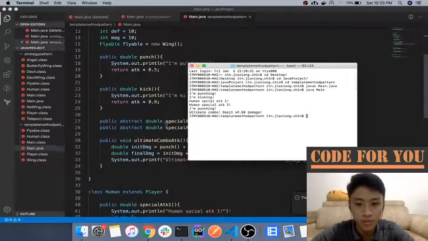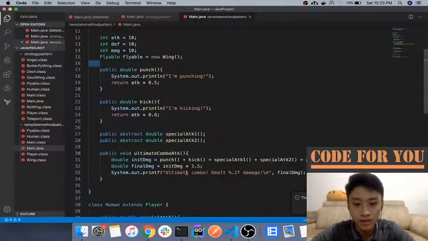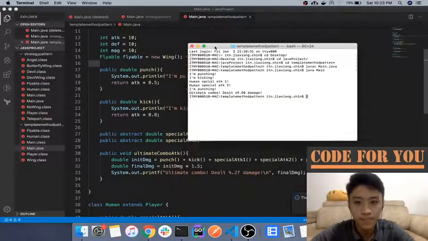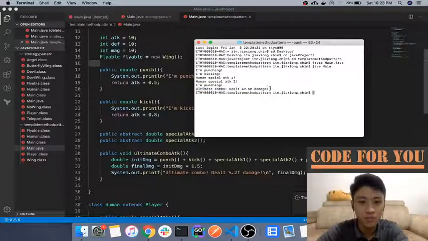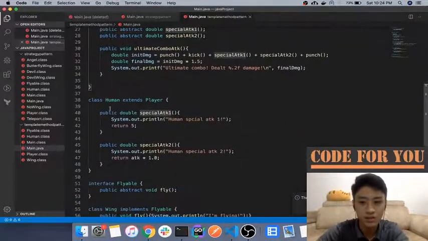First, I will be punching, then secondly I will be kicking and executing special attack 1, special attack 2, and punch again, and deal the damage, which is the scale up of 1.5 from the initial damage. So we are done. So this is the template method pattern, which we are using the subclass to implement the